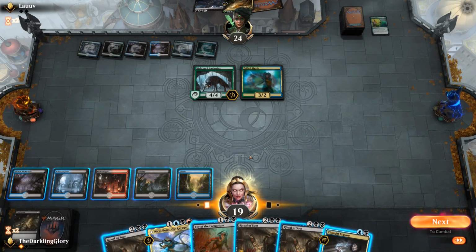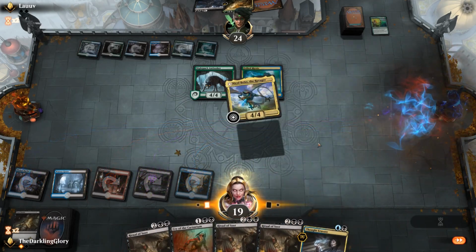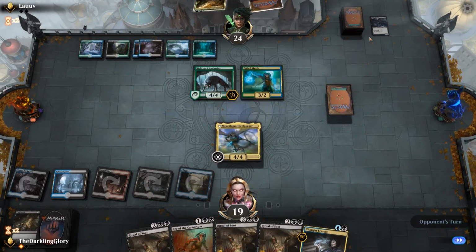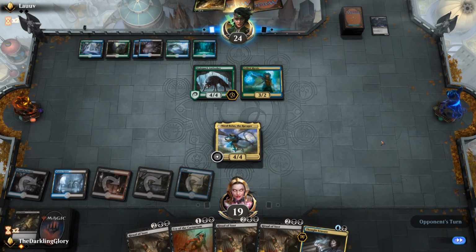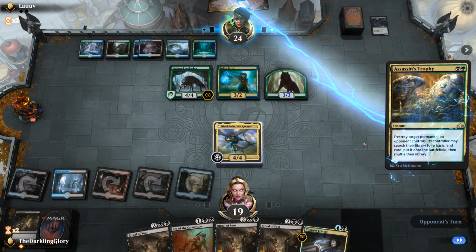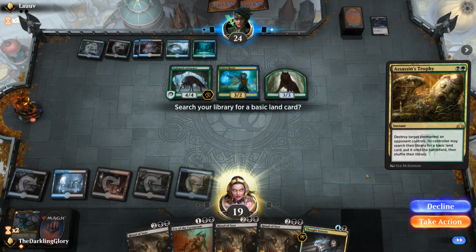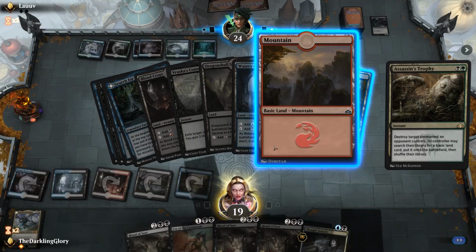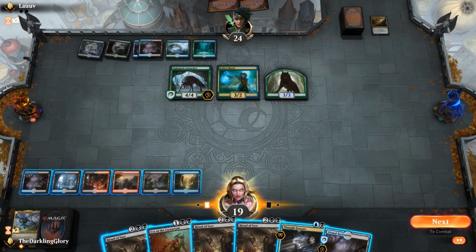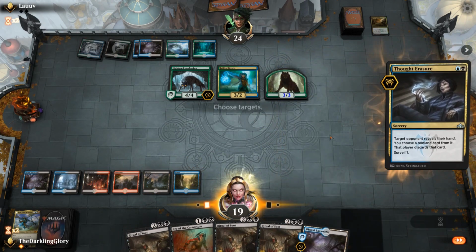Well, that's unfortunate timing. I'm gonna take this opportunity to slam Bolas. This was a really good draw, and we haven't drawn well at all. We're in a lot of trouble. I'm gonna take action, and I'm actually gonna get the mountain. So this way we have double red, we could cast a possible Chandra. Apparently that's not what's in the cards, but...